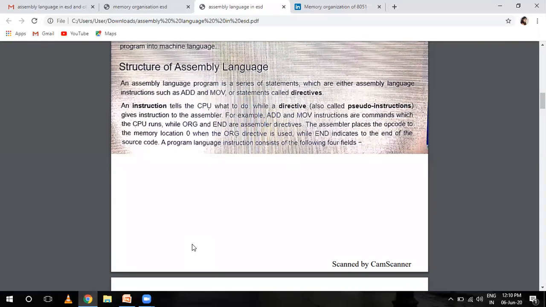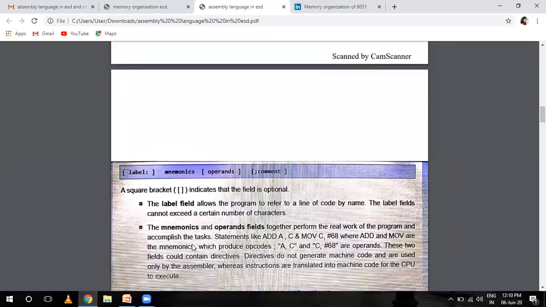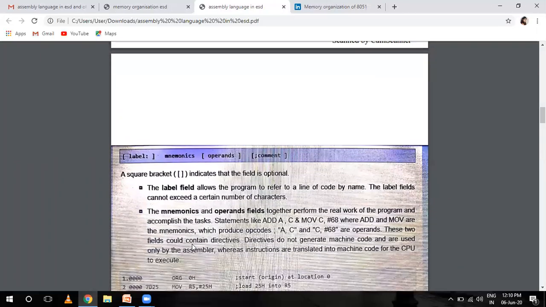The assembler places the opcode at memory location 0 when the ORG directive is used, while END indicates the end of the source code. An assembly language instruction consists of four fields: label, mnemonic, operand, and comment.